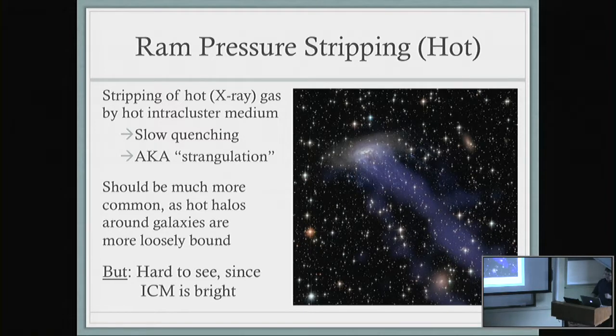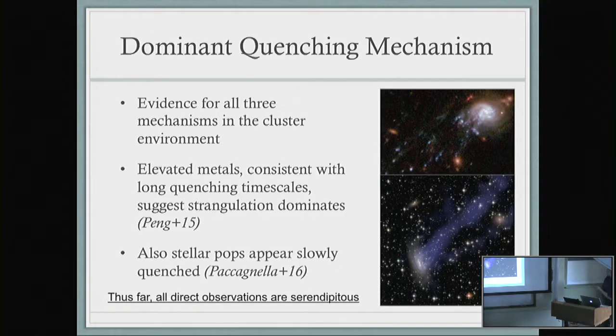And so, these are three options for what's driving the morphological evolution. People seem to think that ram pressure stripping of the hot gas is the dominant mechanism, primarily because of indirect signatures, right? So there's elevated metals in cluster galaxies, which you sort of only get if star formation has been proceeding for a very long time. So it doesn't look like it was quenched very rapidly. The stellar populations seem to agree more with a slow decline in star formation rather than a rapid decline. But these are sort of indirect evidences for this ram pressure stripping of the hot halo.